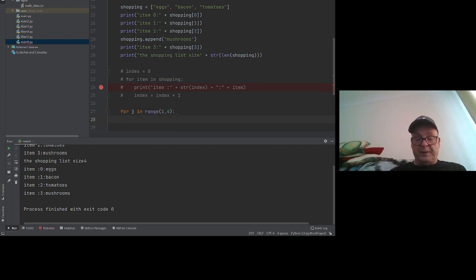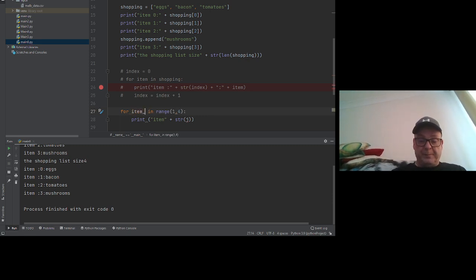And what I can do is display item plus, I forget, it's an integer, so we convert it, value j. Actually, one thing we should do is when we're creating variable names, be sure to make them meaningful. So if I call this item index or something like that, index,